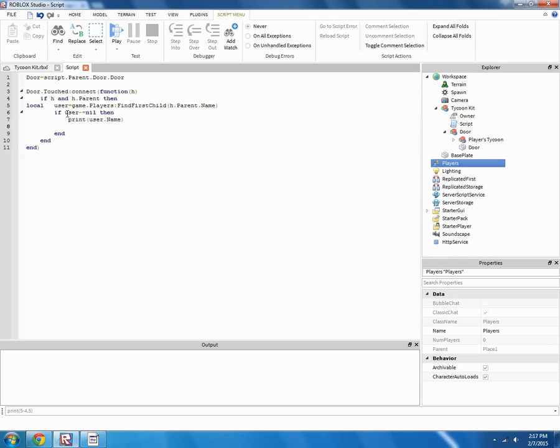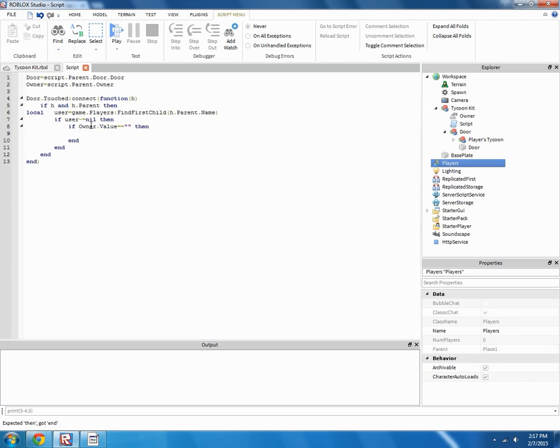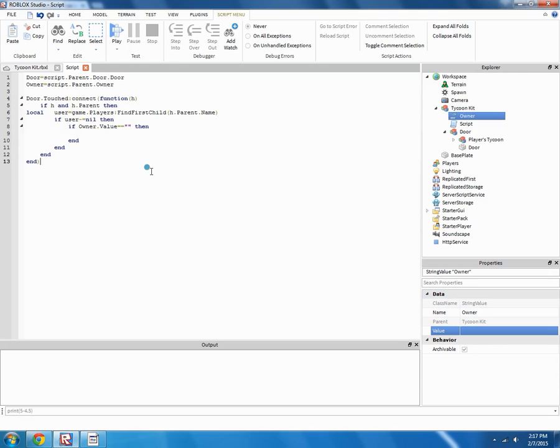oops, sorry about that. I'm going to take out this print right here, and do if, one more thing, we want to go up here and do owner equals script dot parent dot owner. So if owner dot value equals nothing, then, and if we did nil, then that wouldn't work because it is there. So we have to do that, like if its value is nothing, pretty much, if that makes sense to you guys. If owner dot value equals nil, then, alright,